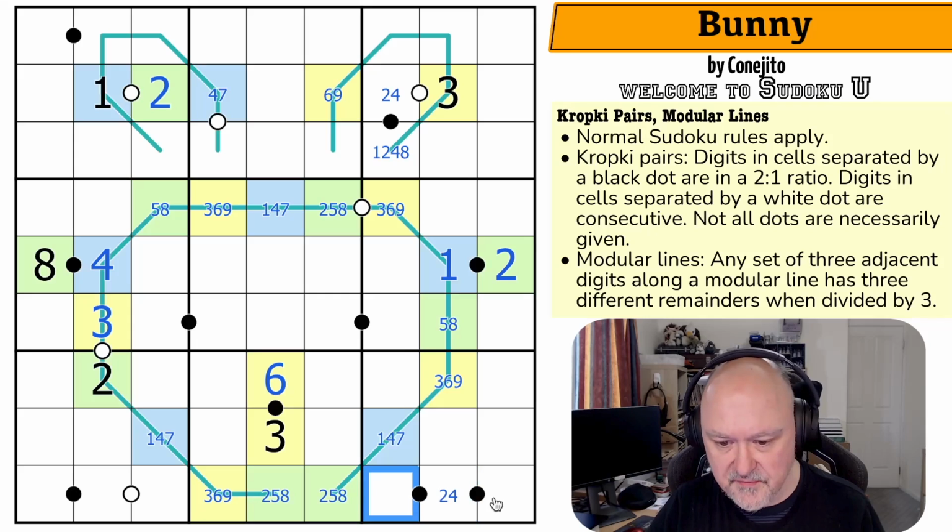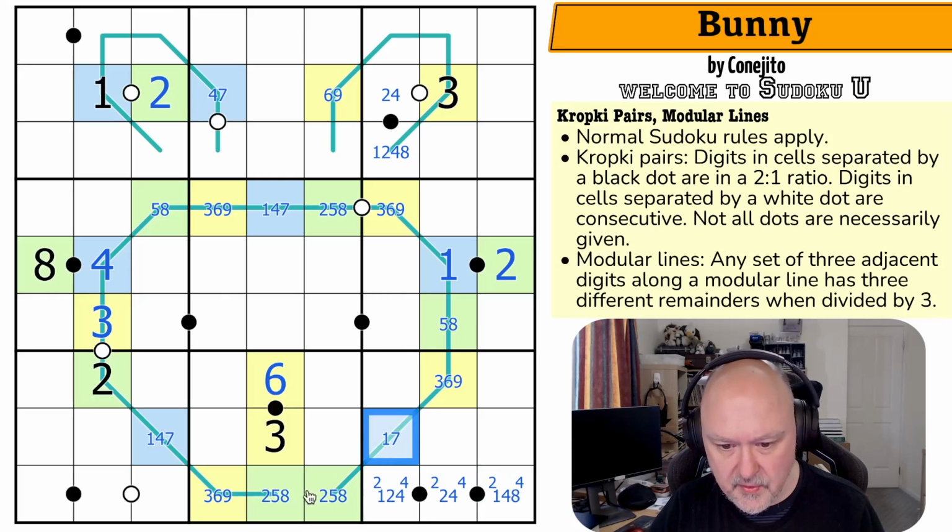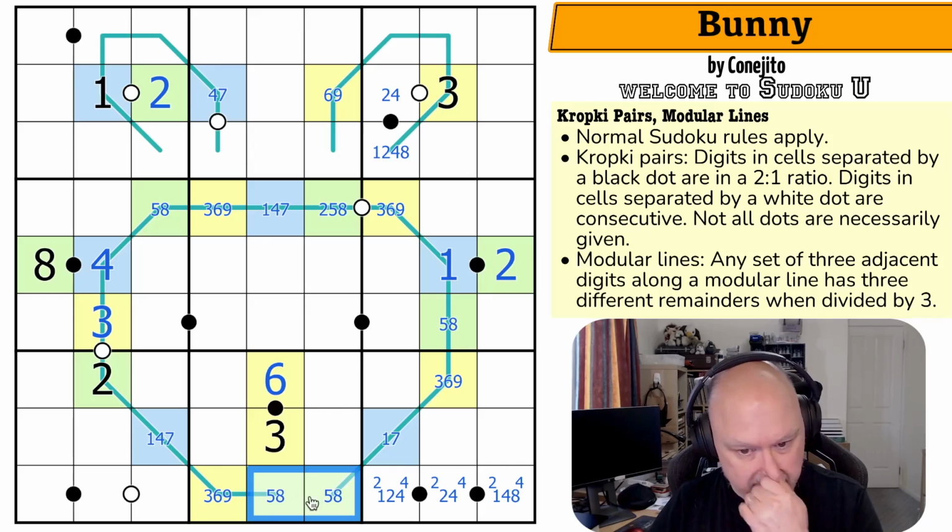So the middle is 2, 4, and these are 1, 2, 4, 8. Now this can't be a 2. So I can't go 2, 4, 8 in that direction. But I'm not sure what to do there. There must be a 2 and a 4 in here though, because it's 1, 2, 4 or 2, 4, 8. So 2 and 4 must be in here. So there's no 4 here, but it means that there's no 2 in either of those, and these are a